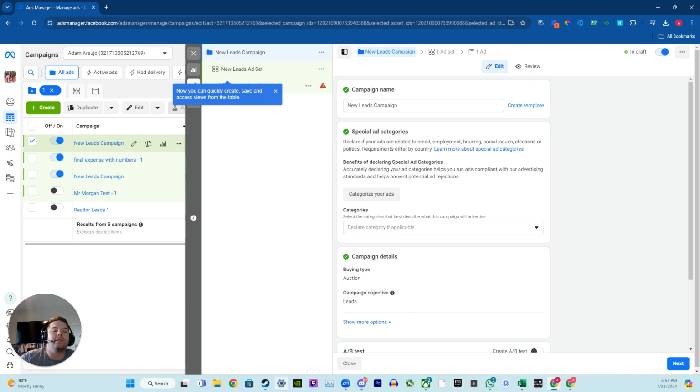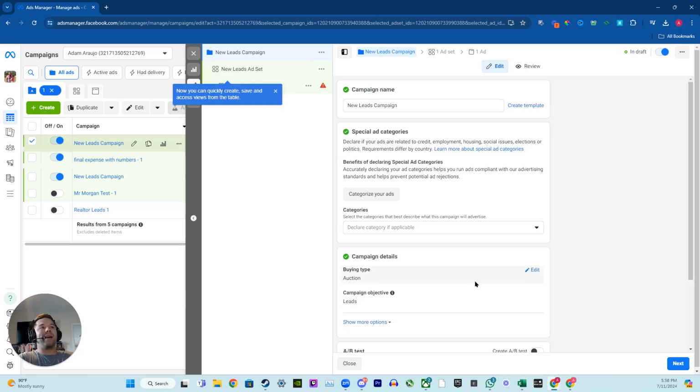And so since we've already done the ads or the campaign version of it, generally what I recommend doing is going back and doing a double check and confirming, making sure that the ad that you're running is not a protected ad category or could run the risk of being in a protected ad category. So for example, I ran an ad a while ago and I was trying to advertise to real estate agents. And what I did was I had a sign in a yard, like a for sale sign in a yard,